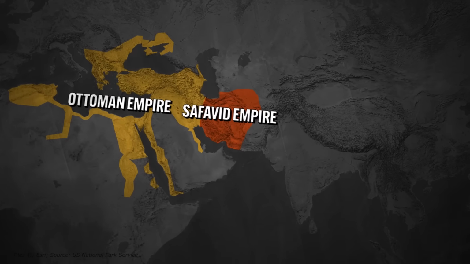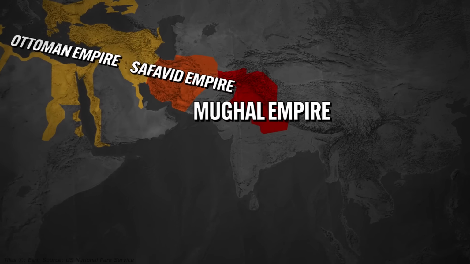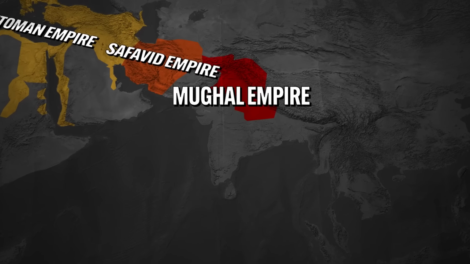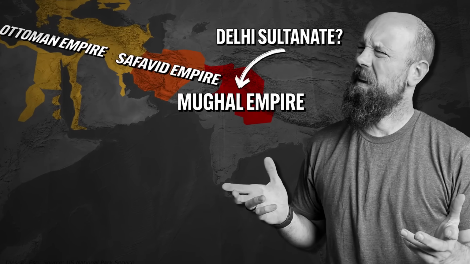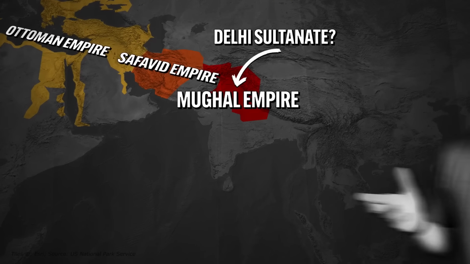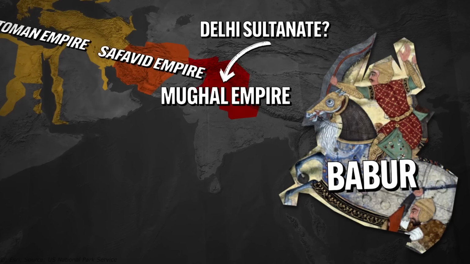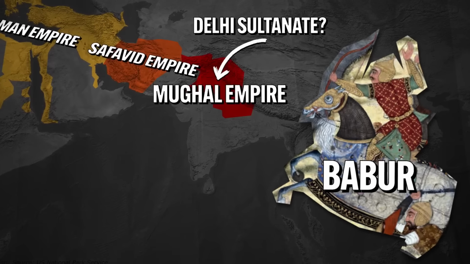But for now, let me introduce you to the third empire you need to know, namely the Mughal Empire in South and Central Asia, which was established in the first half of the 16th century. Now, if you remember back to the last time period, you might be thinking, isn't that where the Delhi Sultanate was located? It's like I'm in your head, right? And that is correct, but in 1526, a guy by the name of Babur rose to leadership in Central Asia and soon led campaigns against the Delhi Sultanate and wiped it off the map. And that began the period of Mughal rule in South Asia.